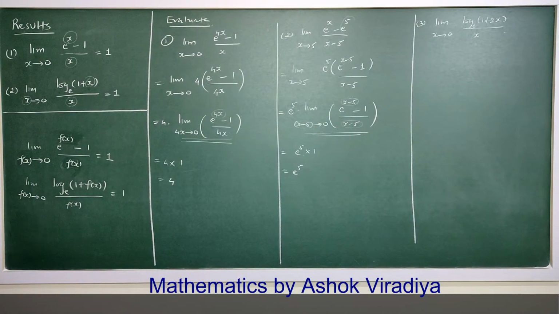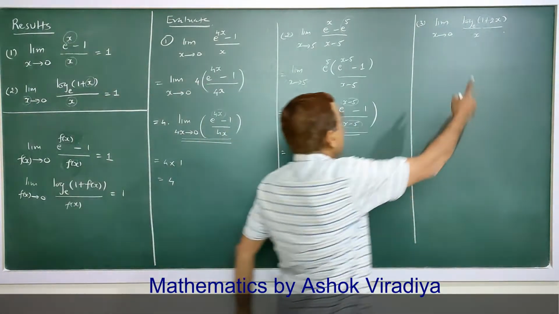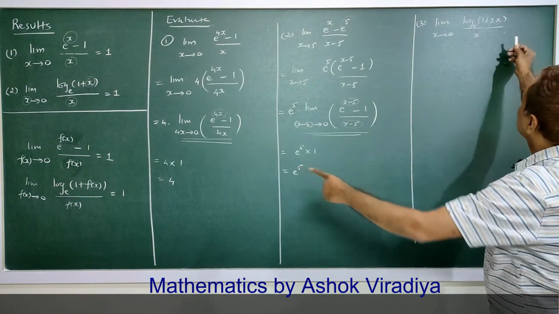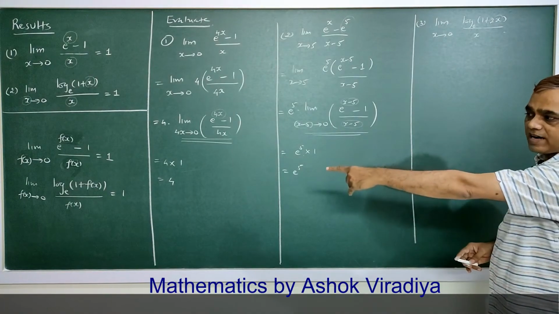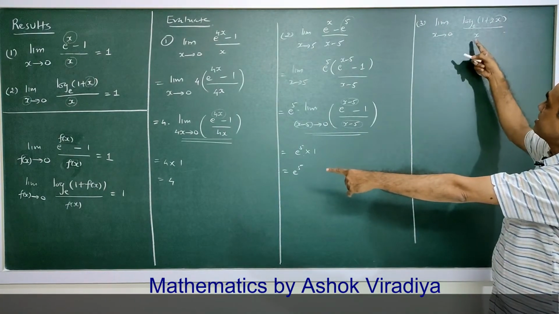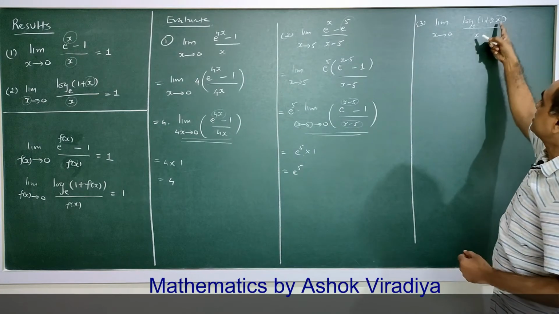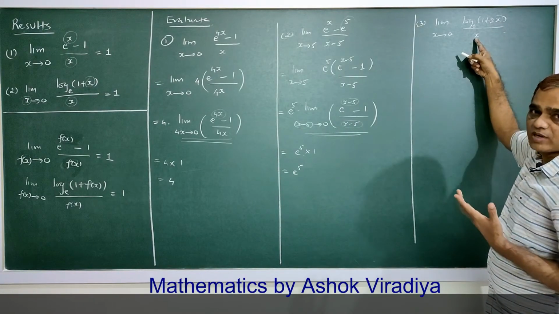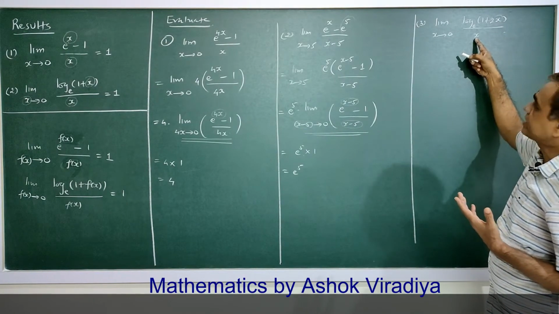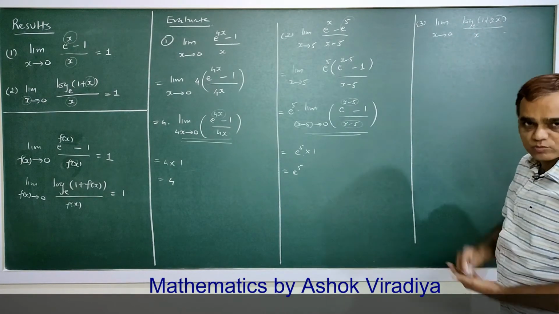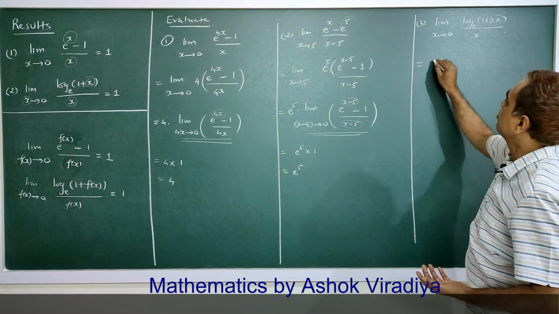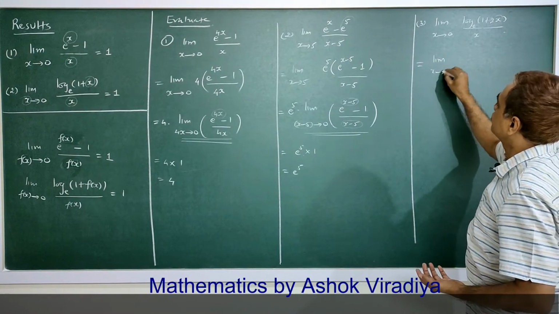Now here, log of 1 plus f(x) is in place of f(x). To apply that rule, the same number must be here. This is 2x and here x is given. So to set the same number, what do we do? Multiply by 2, divide by 2. So this is equal to limit x tends to 0,